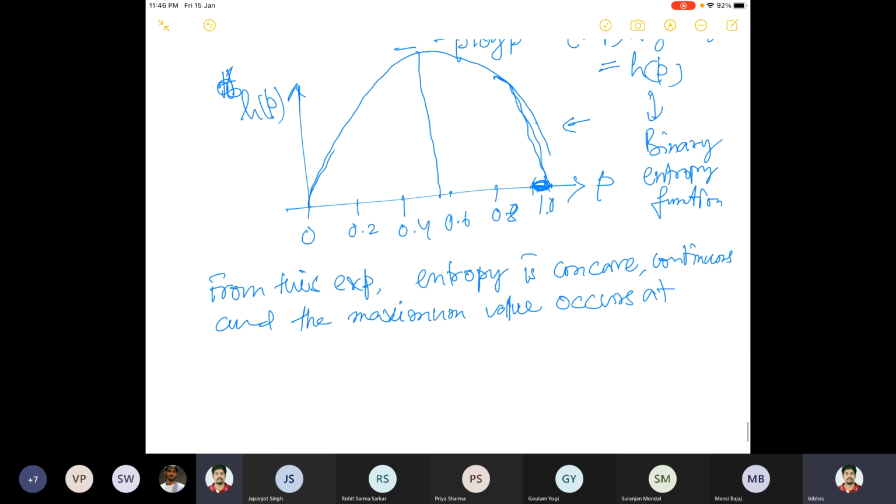But p equal to half is very important here, because it is completely unbiased. There is no bias. All possible outcomes are equally likely, so you get the maximum entropy. That means it is completely uncertain. This is the maximum possible value of entropy for this random variable. If p equal to half, the probability of head is half and tail is half, and it contains maximum information because it is completely uncertain.